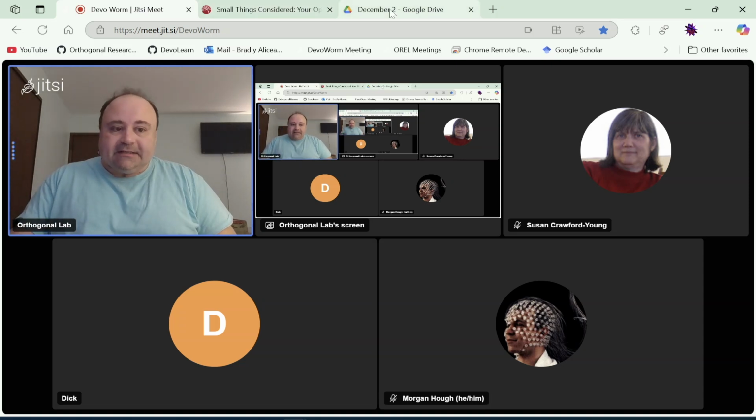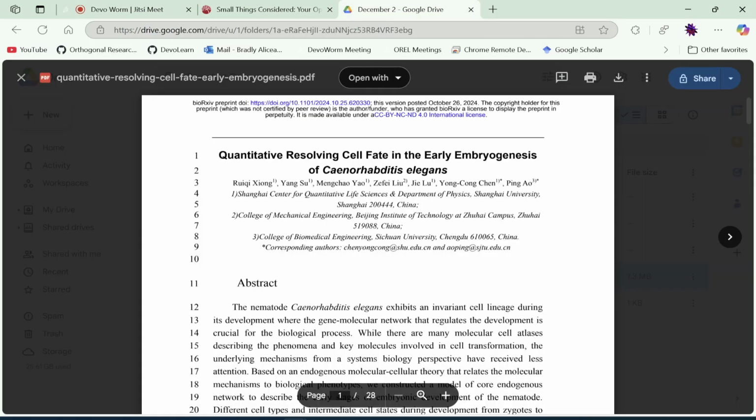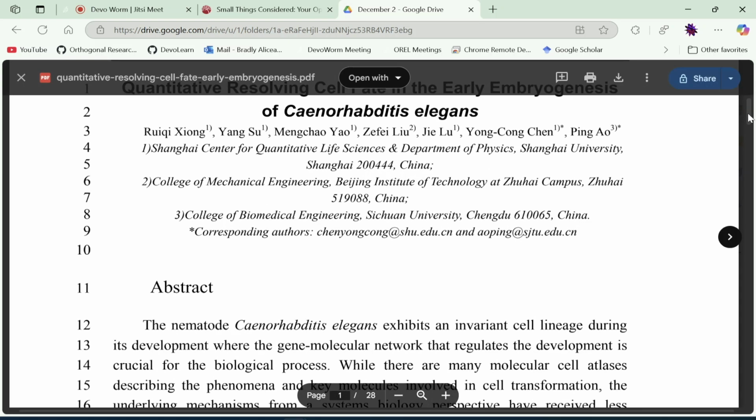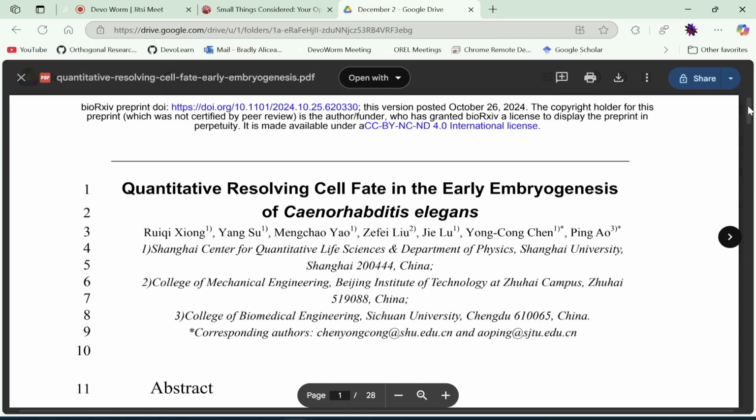All right. So then the next thing I wanted to get to today was this paper. This is a bioRxiv preprint, a paper on early embryogenesis in C. elegans. It's by a Chinese group. And they're talking about quantitatively resolving cell fate in the early embryogenesis of C. elegans. So what they're going to do is try to figure out how cell fate is determined